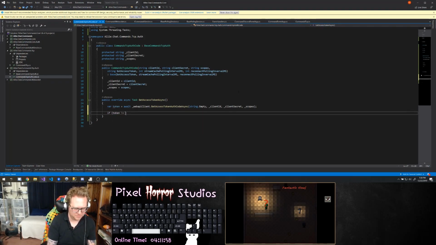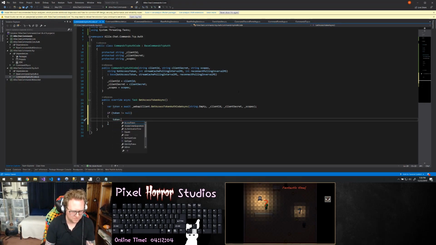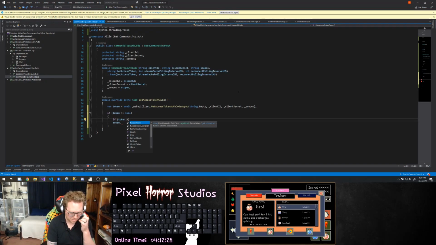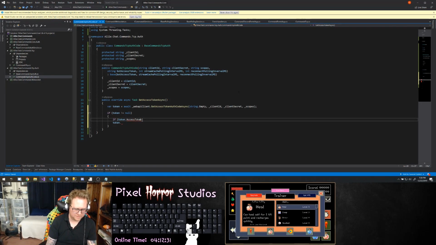If my token does not equal to null, then you want to do a token dot, okay, if your token dot access token does not equal to string is empty or white space,